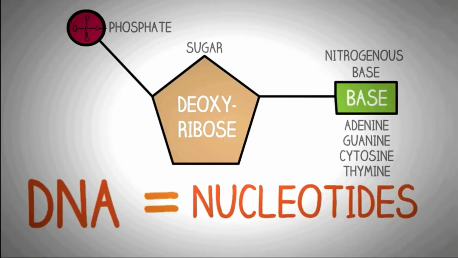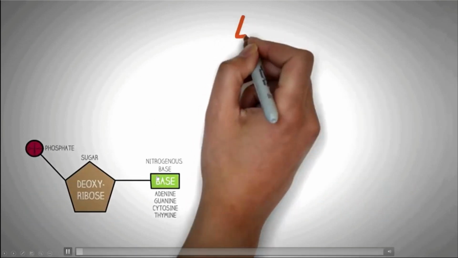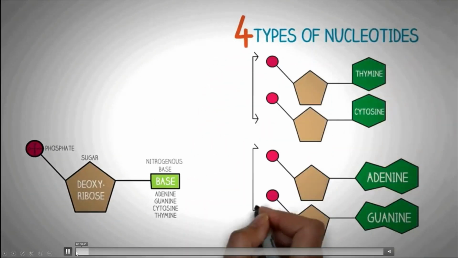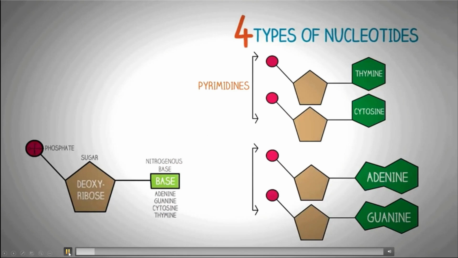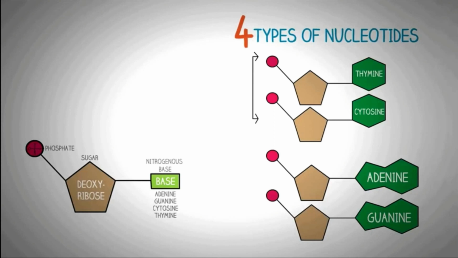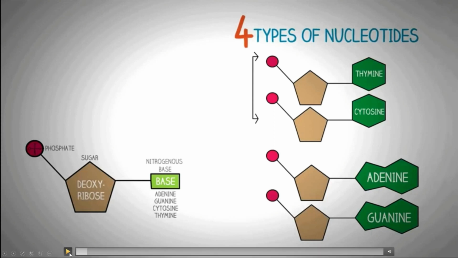Let us start with DNA, which is a long linear chain of nucleotides. For the sake of simplicity, we will not go into the basics of the structure of a nucleotide. There are 4 possible variations of a nucleotide in a DNA molecule: thymine, cytosine, adenine, and guanine. These 4 nucleotides come together in complementary base pairing, where adenine pairs with thymine and cytosine pairs with guanine,